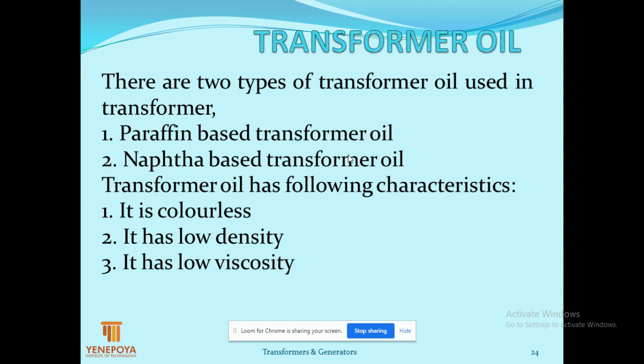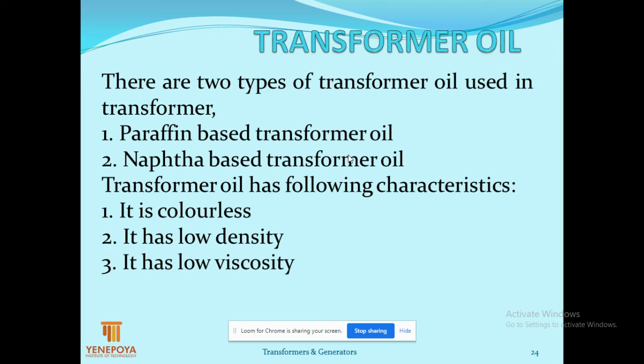There are two types of transformer oil. One more requirement in a transformer is that oil is used for cooling purposes. Hence, the winding is completely immersed in oil. As the transformer gets loaded, the winding also heats up. You should not go beyond its safer limit. Hence, to maintain that safer limit, you have to use the transformer oil.